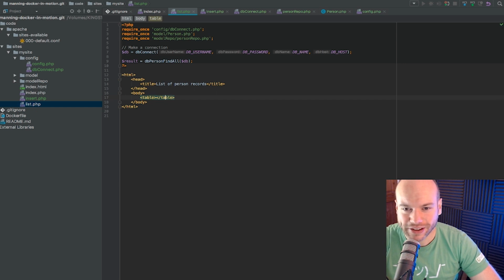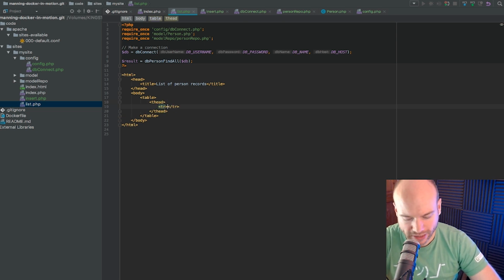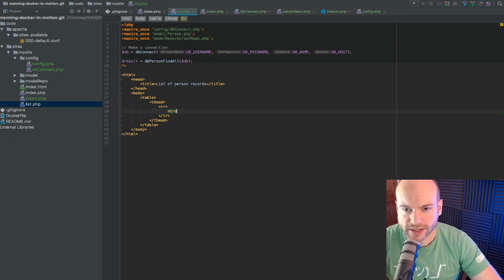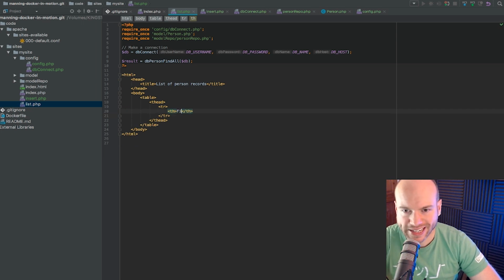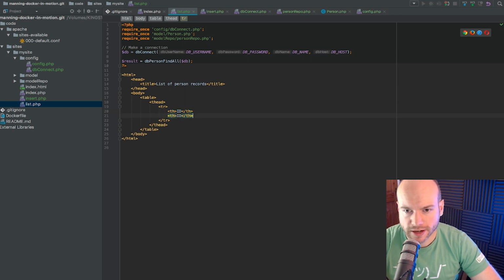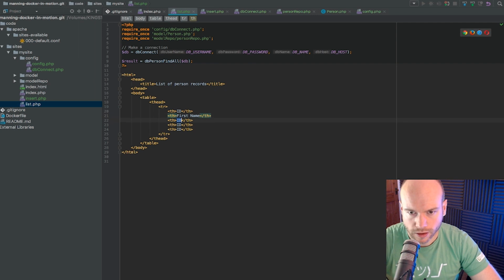Fat fingers. And in here, we're going to have a thead. And in the thead, we're going to have a TR. And in the TR, we're going to have a TD, TH even, sorry. And the table head row thing, we don't need to do that. We're going to start with ID. And we're going to have first name, last name, what was it? Description and age. So that's first name,